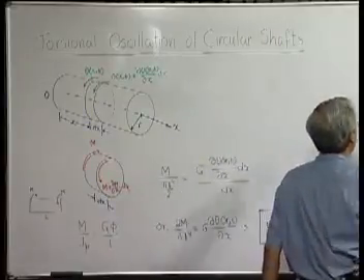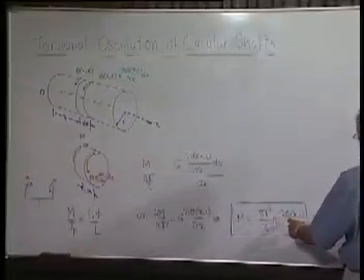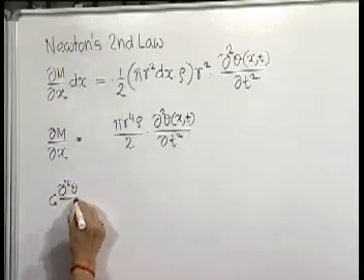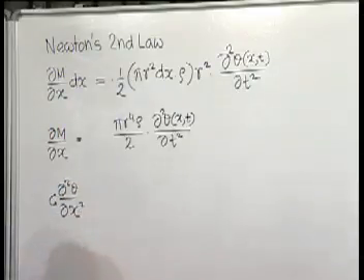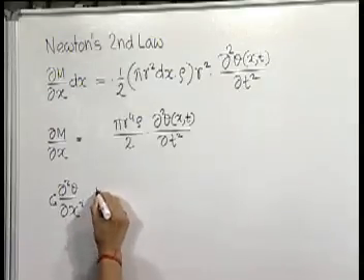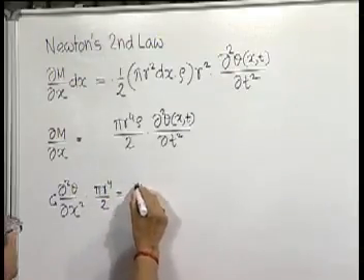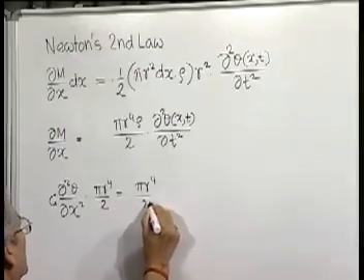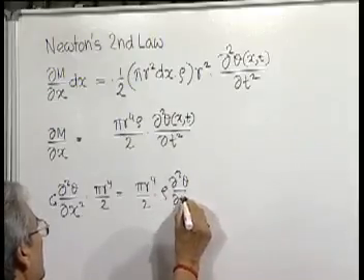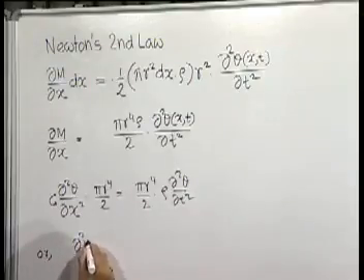Using this m and substituting it here, we get del m del x will be equal to g del 2 theta del x 2 into pi r to the power 4 by 2 is equal to pi r to the power 4 by 2 rho, or finally we get